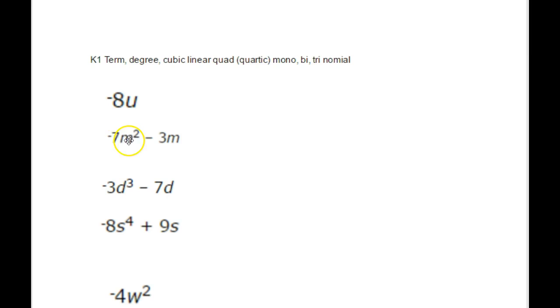Here, the exponent is 2, so obviously the degree is 2. Even though there's another term here that the degree is 1, we always take the highest term, or the highest degree, to use as the degree for the polynomial. So for this polynomial, the degree is 2, even though there's this term here which has a degree of 1. Okay, so this polynomial's degree is 2. This polynomial is degree 3 because this is the highest order degree here. And here, even though there's a degree 4 here and a degree 1 here, we consider the polynomial to be degree 4 because that is the highest order